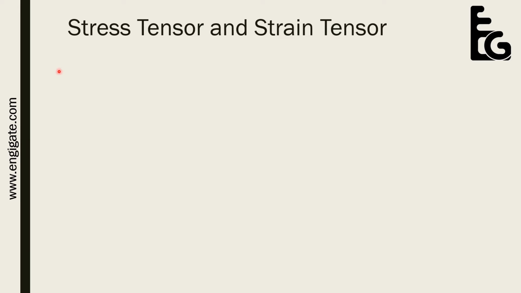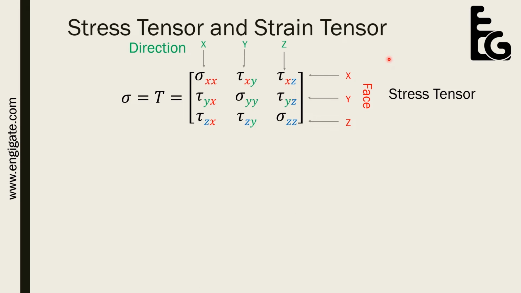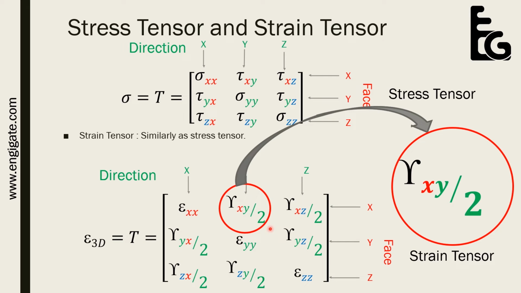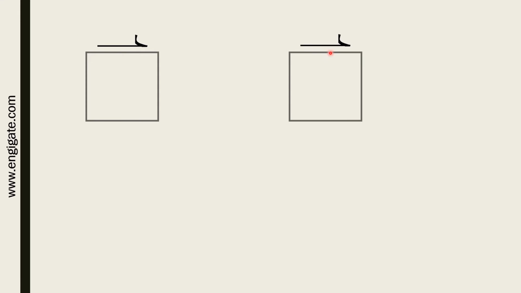But before that, I am going to explain the question that I asked in the previous video. Why is a factor of half multiplied in shear strain in the strain tensor? As we already saw in the earlier video, when shear strain is applied on one of the planes, stress to balance it will be induced in another plane. So it will generate a couple. And to balance this couple and the equal and opposite force, another couple will be generated in another two planes.